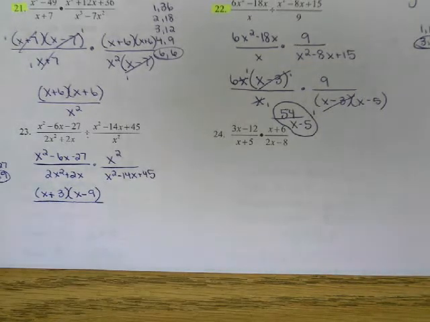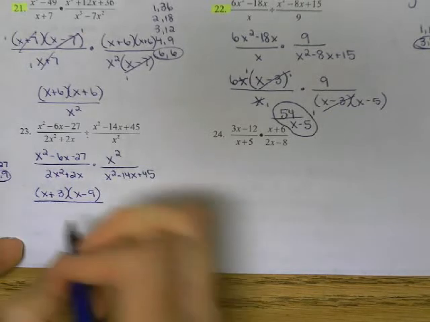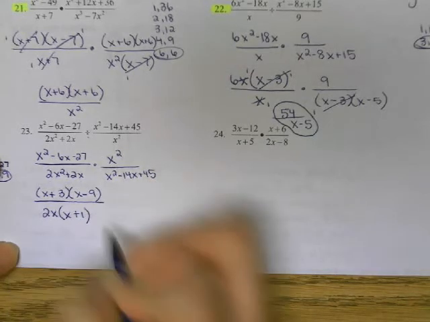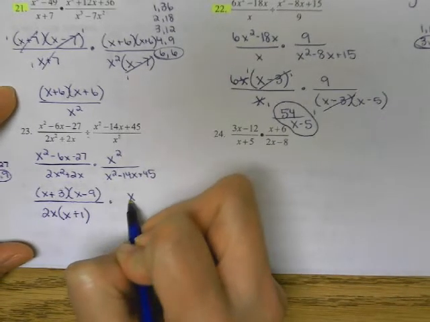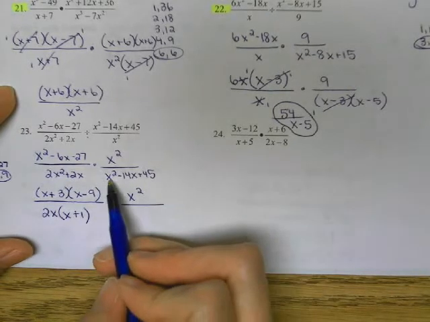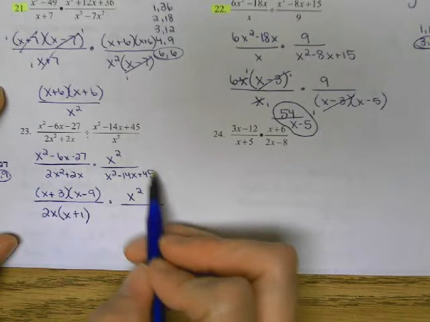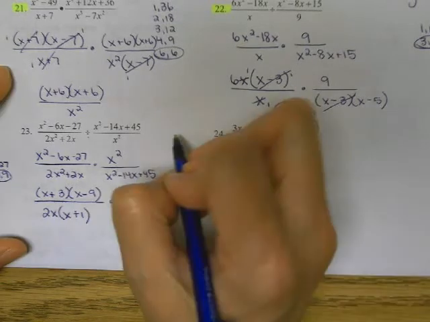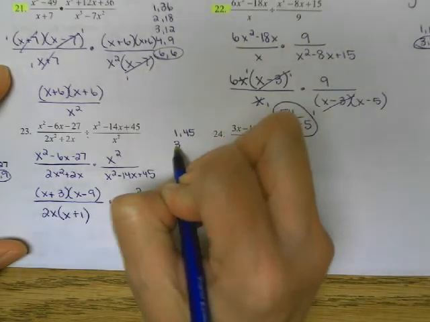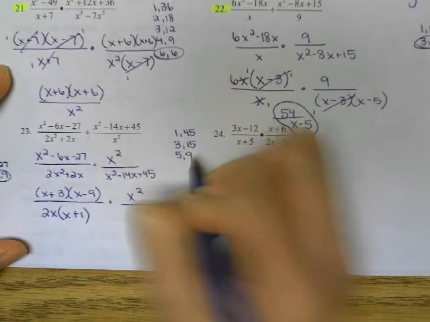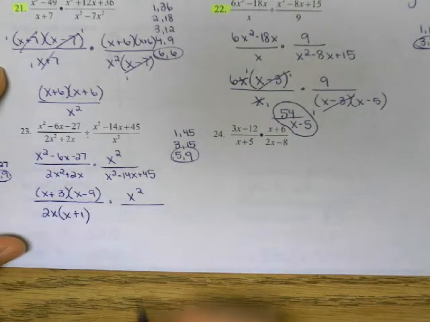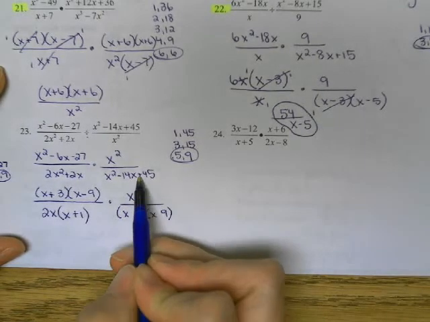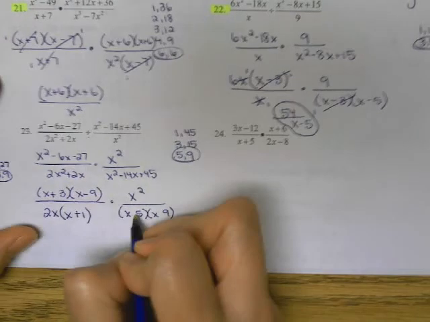The 2x squared plus 2x becomes a GCF problem. They both have a 2x. So I'm going to go ahead and bring that 2x to the front, which will leave me with an x plus 1. Over here, my x squared stays the same, and then I have x squared minus 14x plus 45. So what multiplies to give me 45 and adds to give me 14? So remember, we can say 1 and 45, 3, 15, 5 and 9. So 5 and 9 add to give me 14. So x